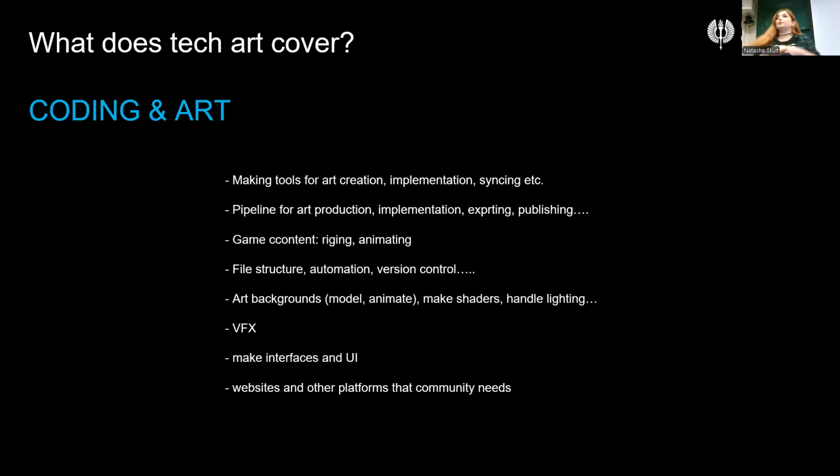That means a tech artist needs to be an artist, knowing what exactly should be done, how it should be done, and what kind of features these tools should have. Also any kind of implementation, syncing things together, making systems that make all the updates work as smoothly as possible without extra hands in between.